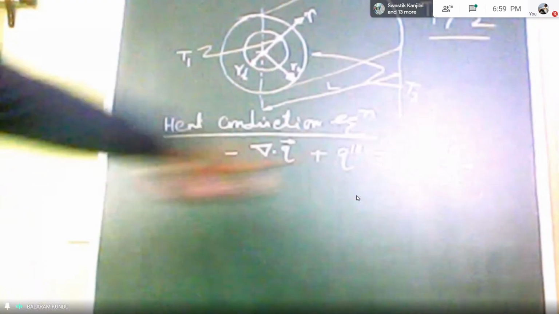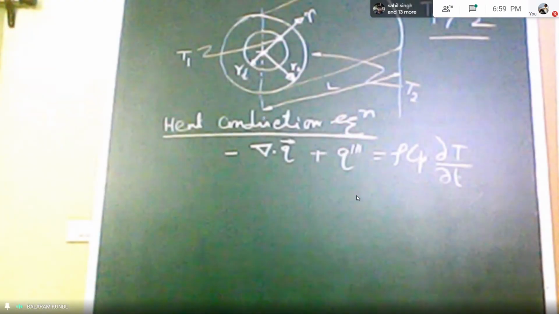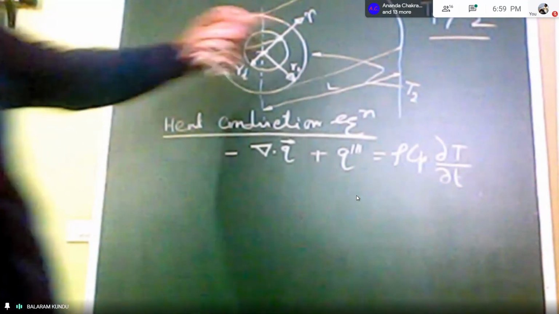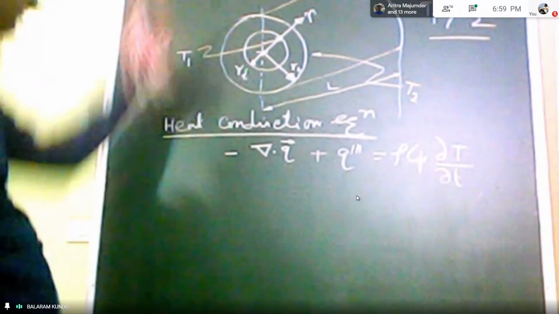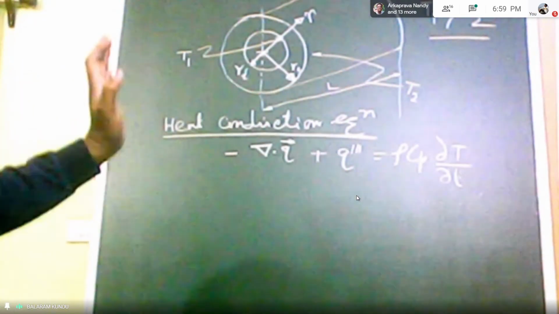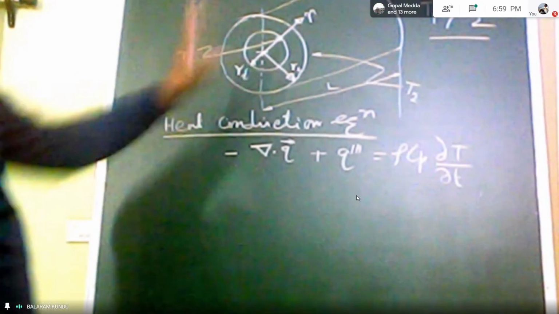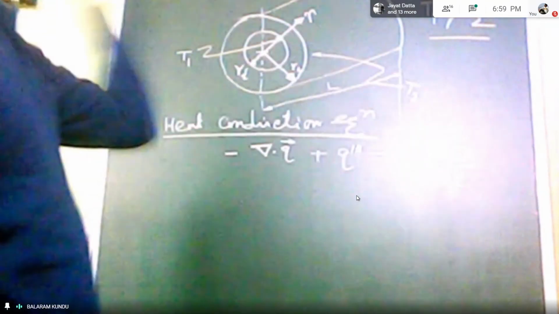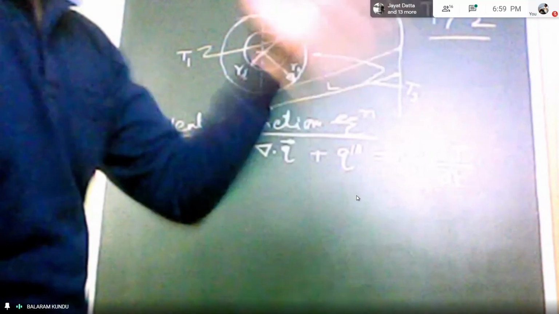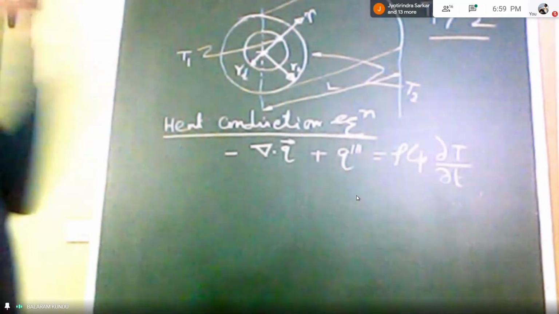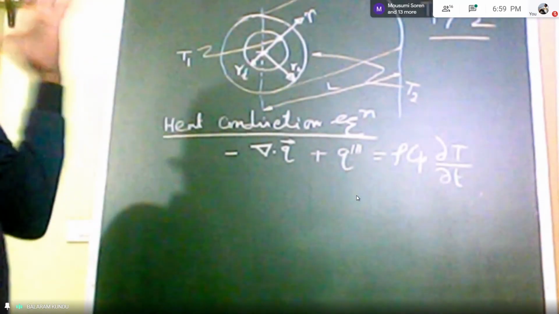Then from this general expression of the heat conduction equation, it is possible to write the energy equation or heat conduction equation in cylindrical coordinates, because here one cylinder has been taken. It is a concentric hollow cylinder, inner radius Ri and outer radius Ro. The inner surface is maintained at a constant temperature T1, and the outer surface at a constant temperature T2, with T1 greater than T2, and heat is conducted radially from the inner surface T1 to the outer surface T2. Under this situation, we want to determine the heat transfer rate.